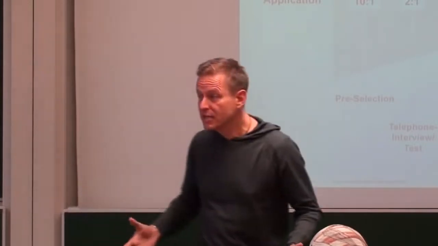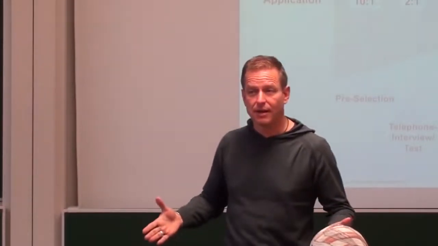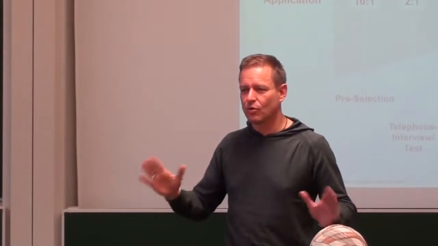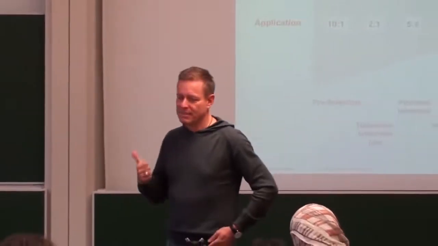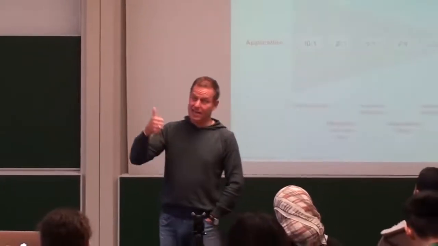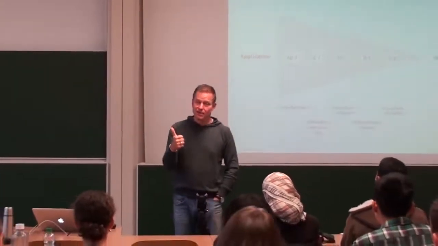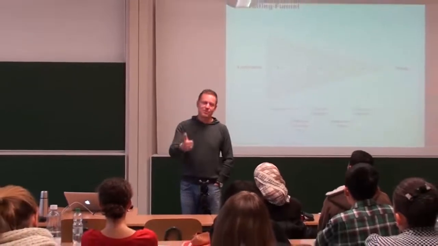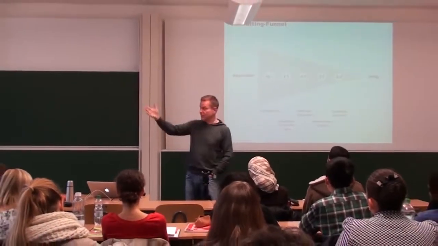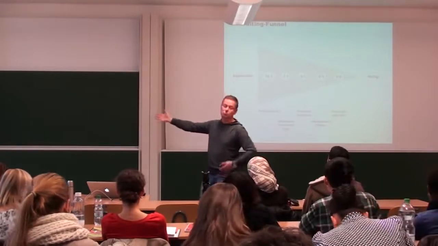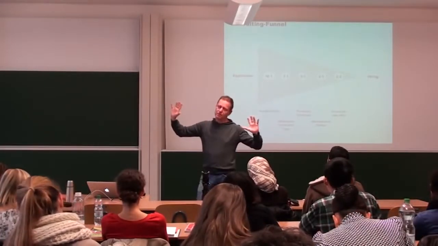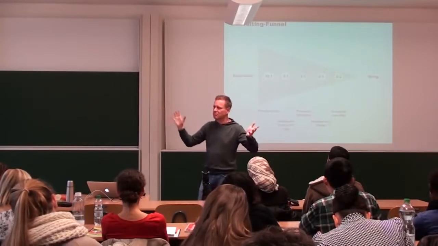How many applications does a company get? What do you think? You can't know, but there is a rule of thumb. The rule of thumb says that a company gets as many applications in a year as they have employees employed, right? So if you have a company with 2,000 employees, how many applications do they get in a year? Say, roughly 2,000.